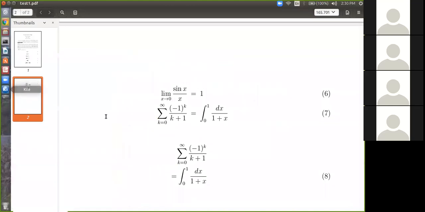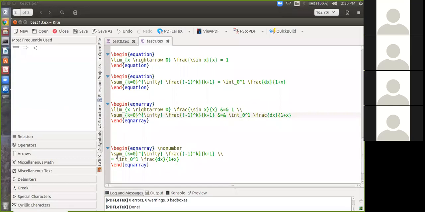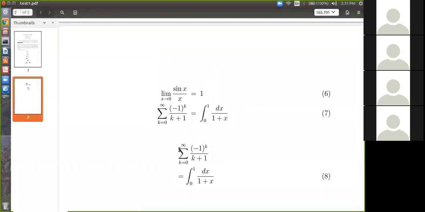Similarly, you can put two ampersands here, then space, and also two ampersands here. The position of the ampersands will give you the position of your equations like this. You can see the initial line of these two parts of equation 8 in the same place. Okay, so that is the last thing I wanted to discuss.